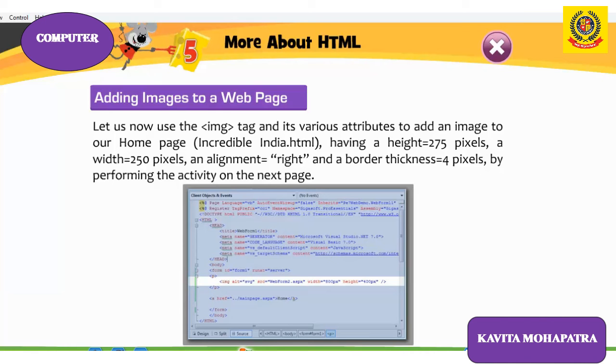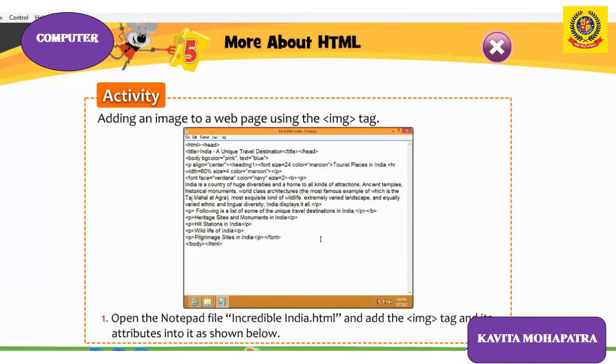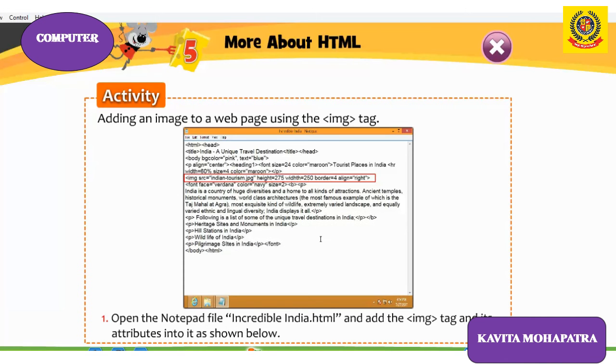So let us now use the img tag and its various attributes to add an image to our home page incredible.india.html, having width 275 pixels and height 275 pixels, width 250 pixels, and an alignment right, border thickness 4 pixels, by performing the activity given on the next page. This activity is given on page number 78.